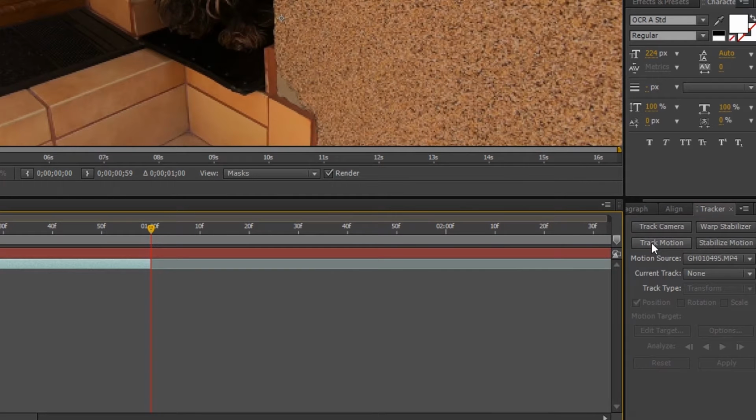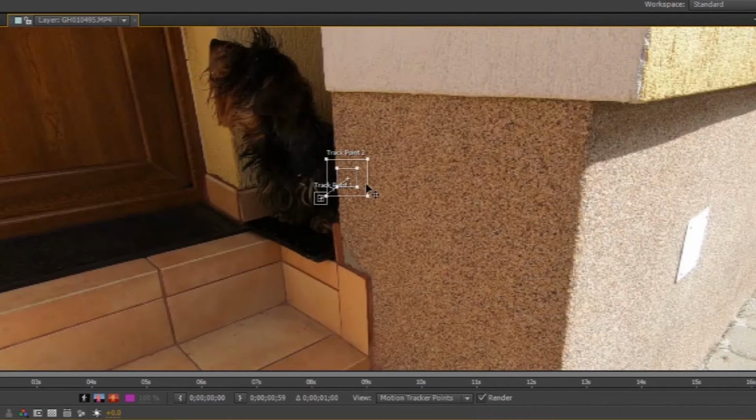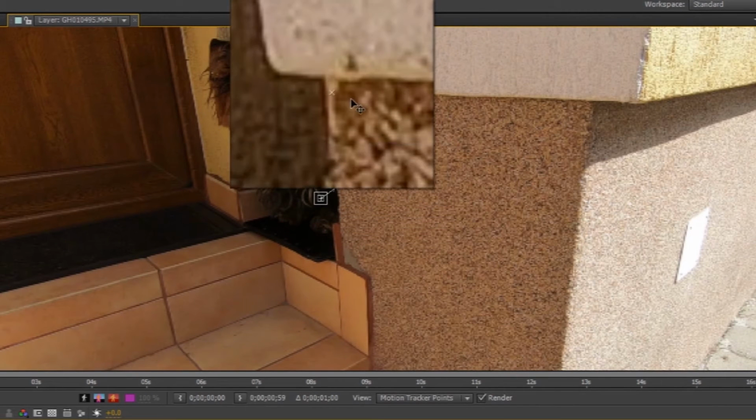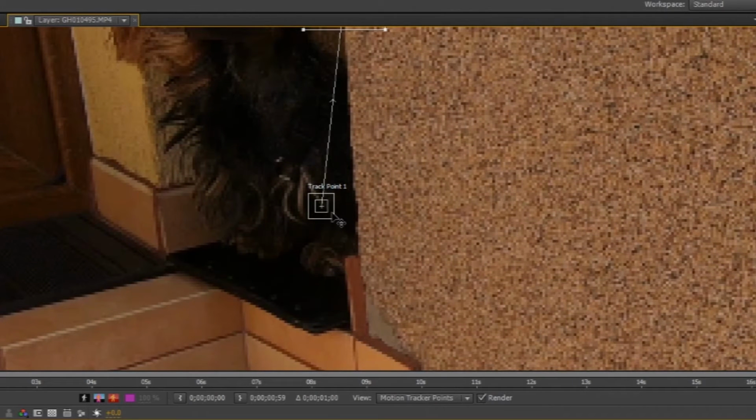Select the clip, go to Tracker, click Track Motion. We select the position and scale options. Two tracking points appear. The tracking points need to be large enough to be easy to be identified by After Effects. The first one should be positioned where the text will be, and the second in another place of the